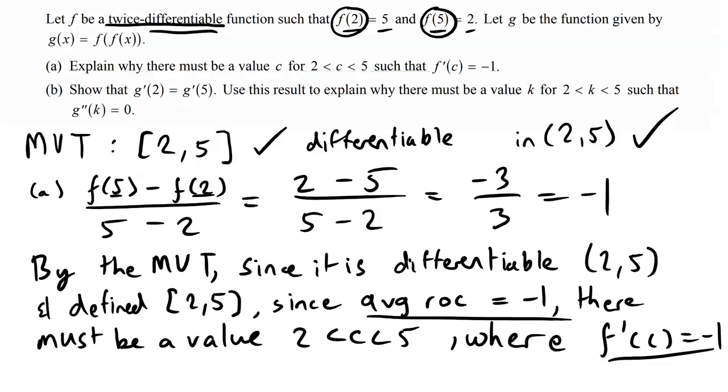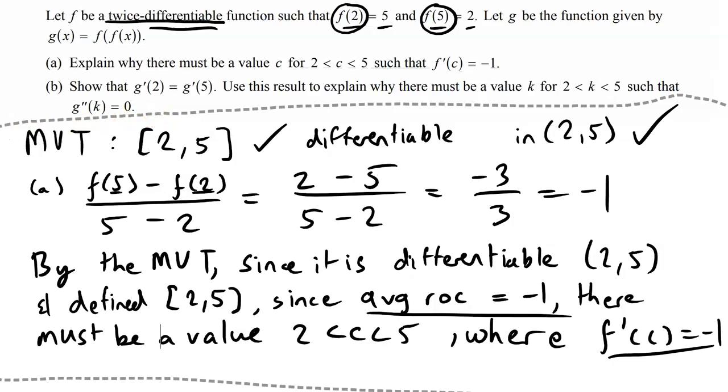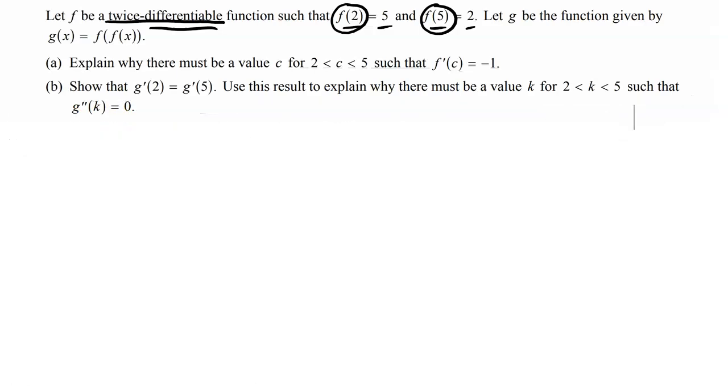So let's move on to part B. I'm going to erase this to get all the space needed. Show that g prime of 2 equals g prime of 5. Use this to explain why there must be a value k, with 2 less than k less than 5, such that g double prime of k is 0. Okay, they're talking about g prime, so let's find the derivative. If g of x is equal to f of f of x, that's kind of interesting. The derivative of g of x is, using the chain rule,